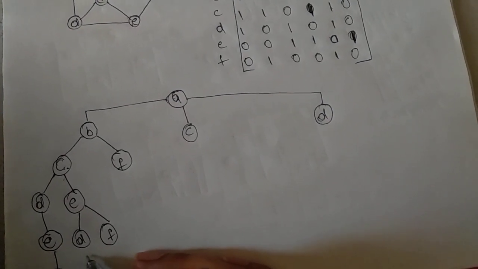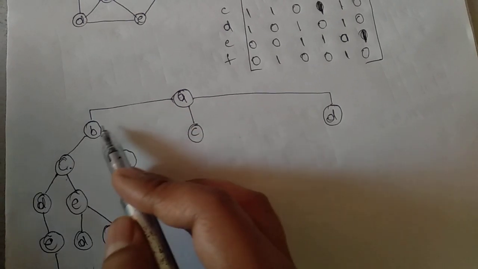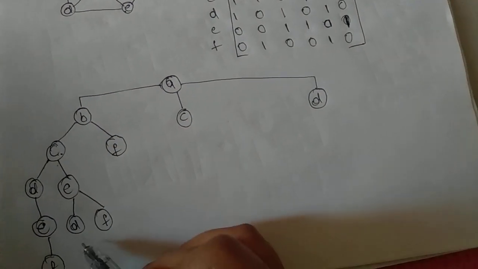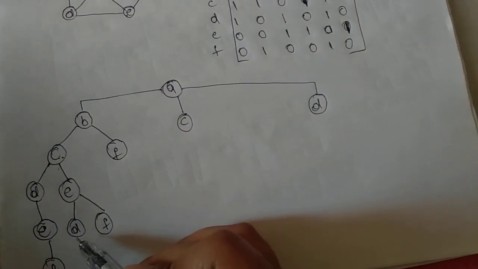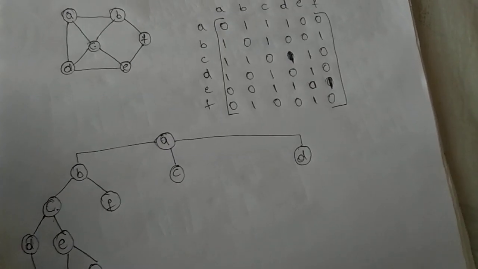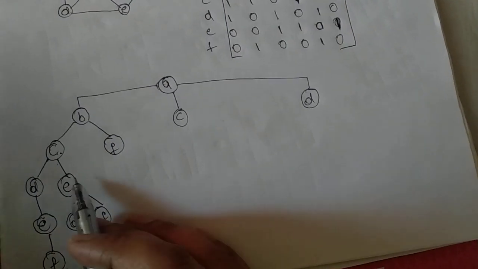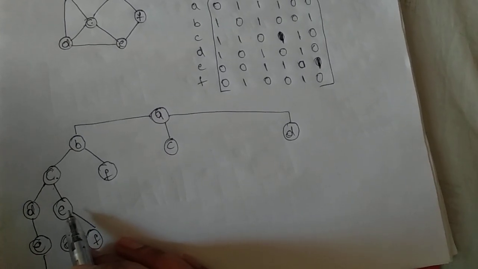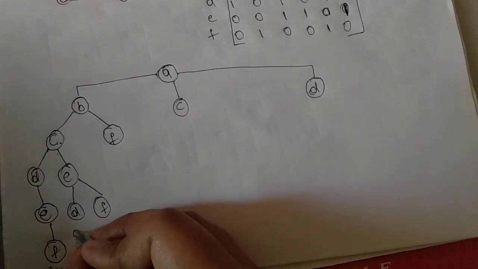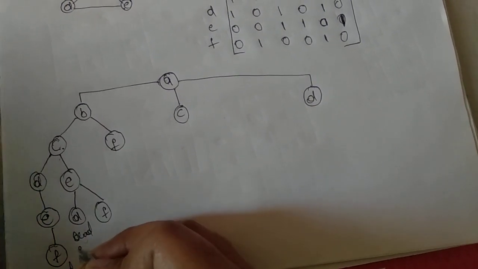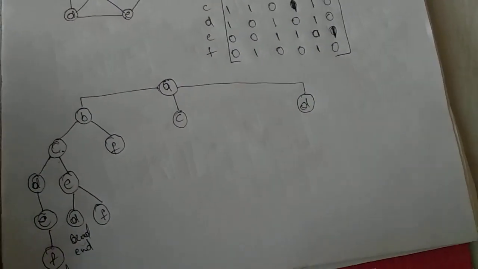But see, if all the vertices are present in this one, A, B, C, D, E and A. But where is F? F is not present. If I want to go to F from D, again I have to go through E only. But already E is present over here. So even from this also, it is not possible. Even this is also a dead end.